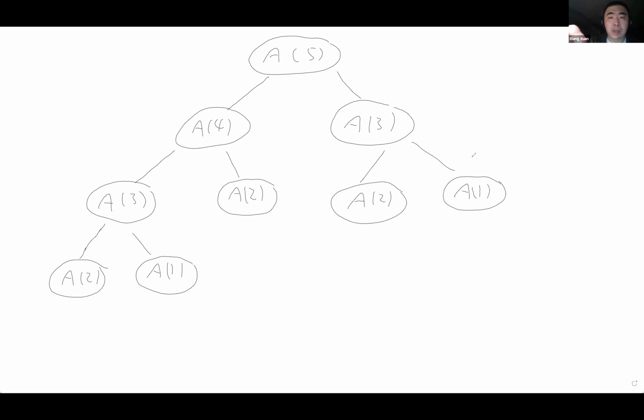Why? Because if you look at this piece, this piece is exactly the same as this piece, right? What does that mean? That basically means I kind of repeat this part of the computation twice, right? So